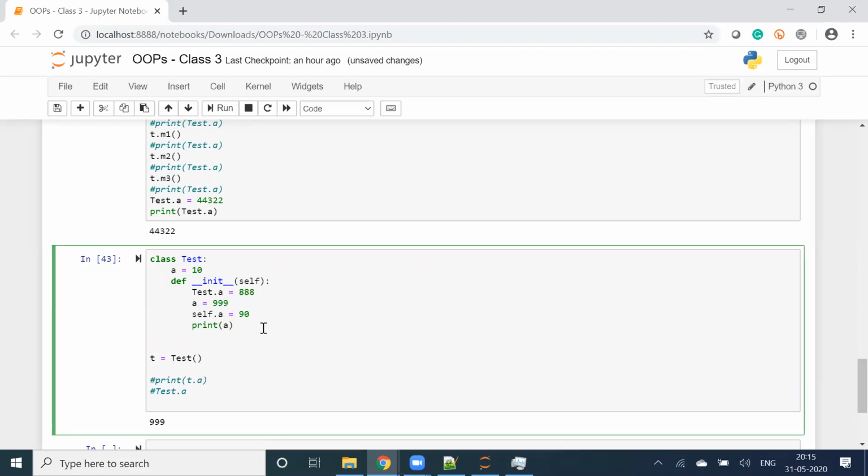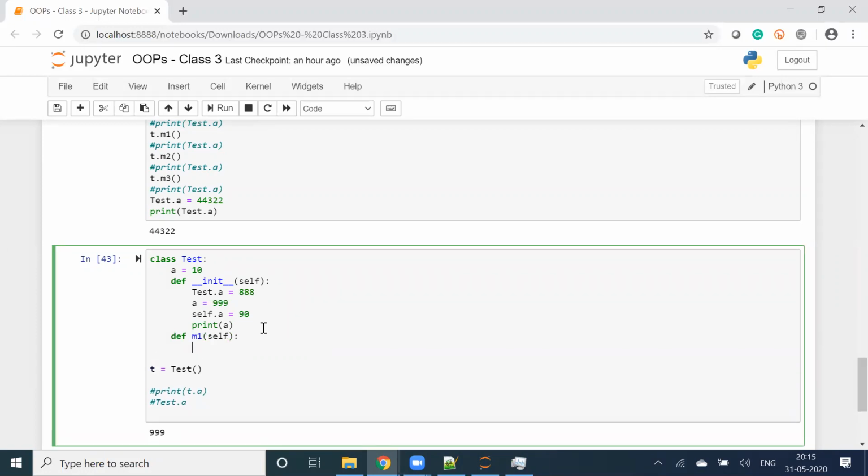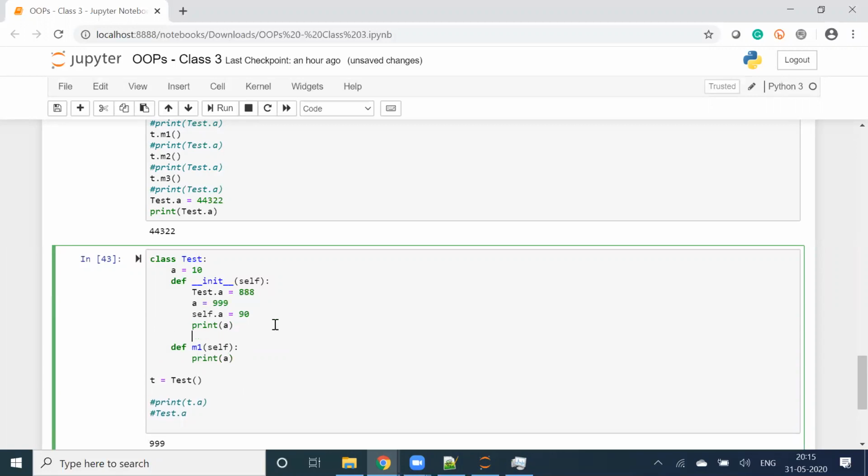I am creating one more function, def m1 self, and I'm writing print a. This is which method? Static method, instance method, or class method? Instance method. Print a. Where is a? I am not writing test dot a, and I am not writing self dot a. That means I am calling this a. Can I say that? So when I execute, what will be the output?